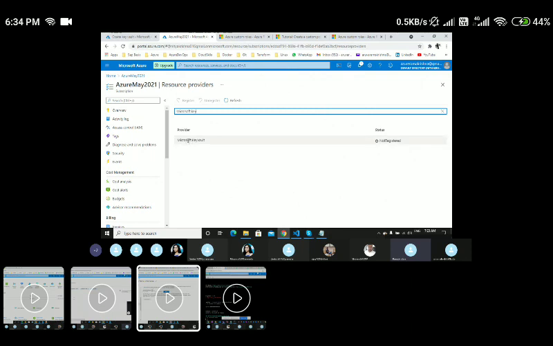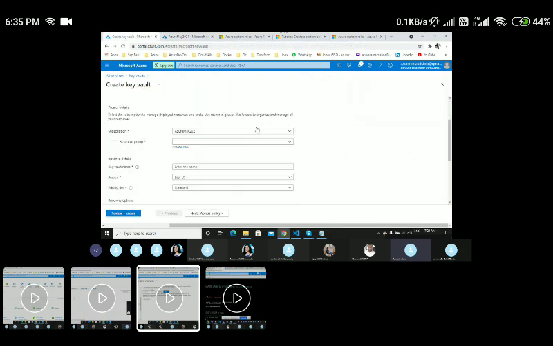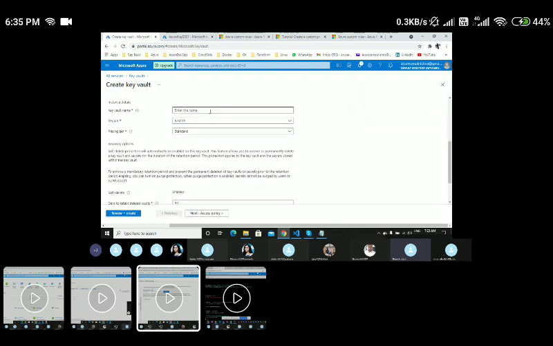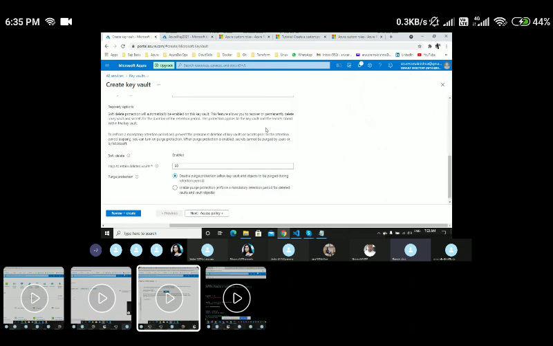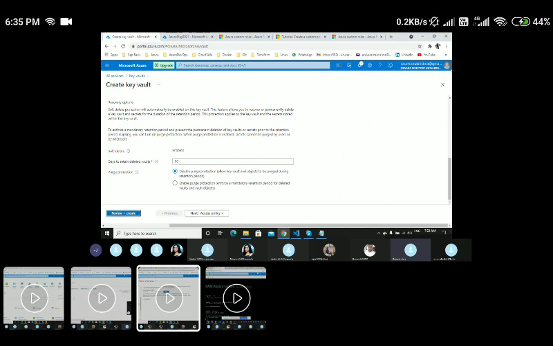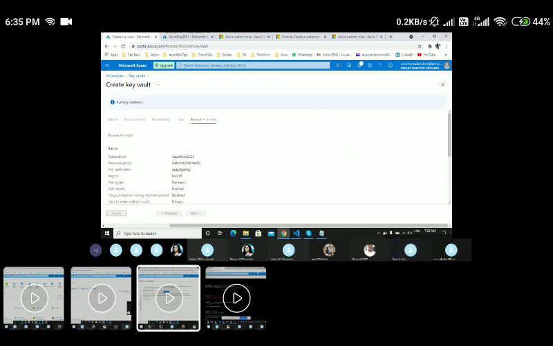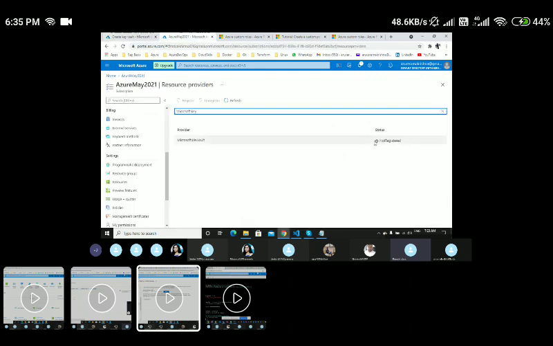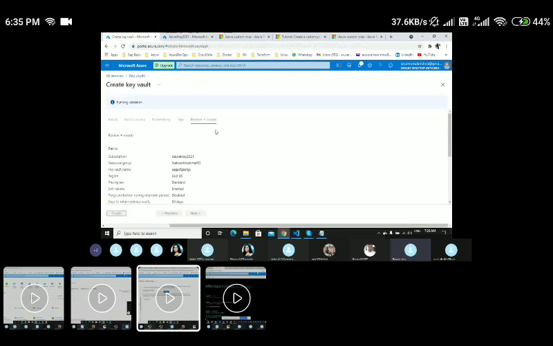I'm just telling you, if this particular provider service is not registered, you will not be allowed to create anything. So for now, I'll just give some random name here. Don't worry about all other options. Let me click on review and create. This validation must fail, it should not allow me to create because this provider is not registered.